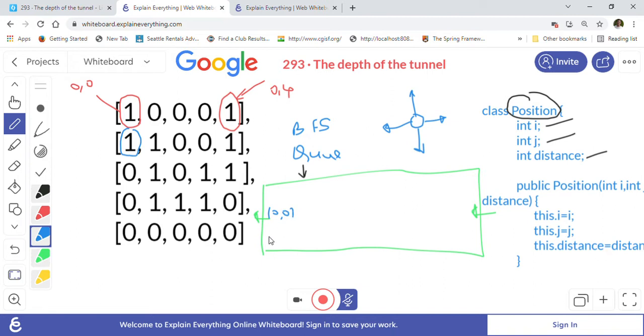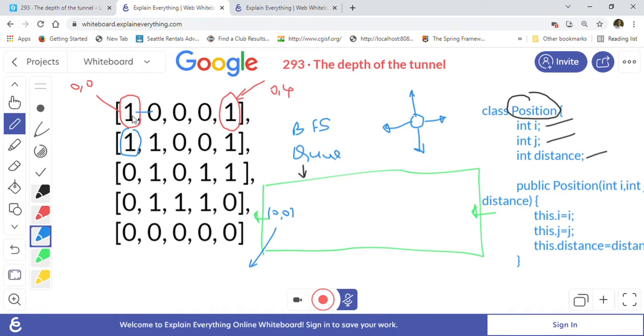So how BFS works is it goes level by level. First it will go one level, it will process all the positions on that level, and then it will go to the next level. That is how BFS works. So first we will visit 0 0, then we will take it out from the queue and add its children which are valid. So we will look into 4 directions.